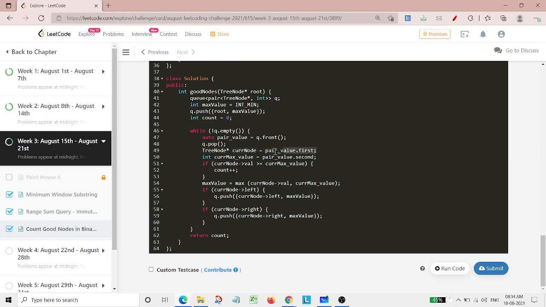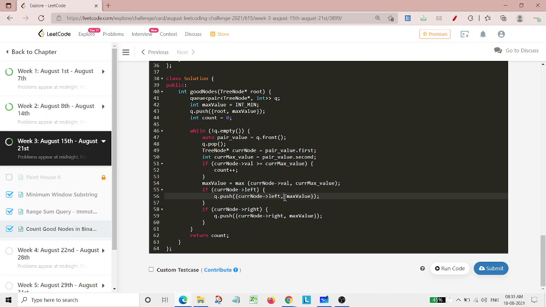Then the current node is equal to the first value, basically the node. Then we maintain the current max value, which takes pair's second value, basically the present max value, and then we compare whether the current node's value is greater than or equal to the current max value.